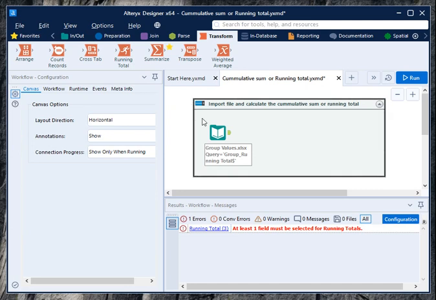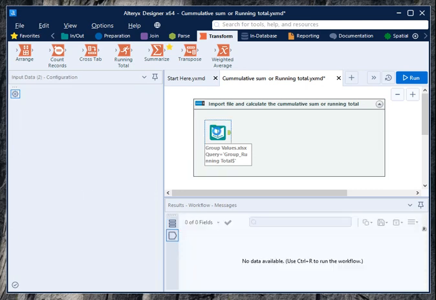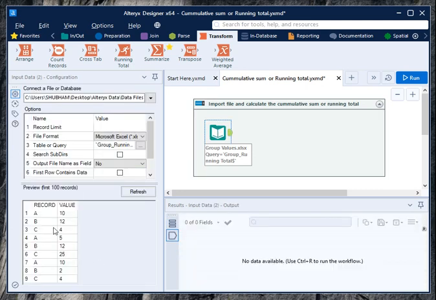Let me quickly show you the file which I am using for this example. The file consists of 9 entries. In the record column you have A, B, C, which are strings, and there are 3 groups. A is repeated 3 times, B 3 times, and C 3 times. In the second column you have values against each record.